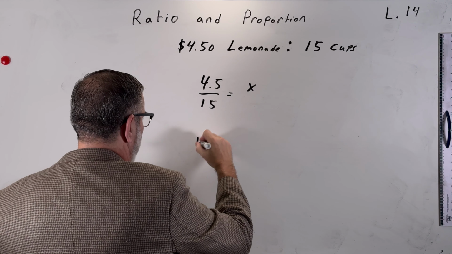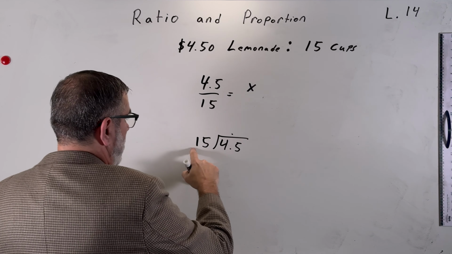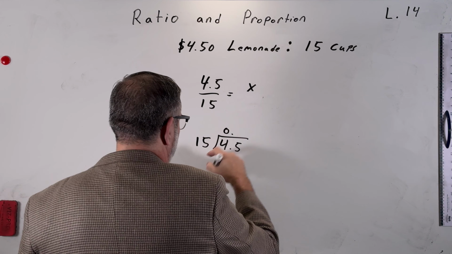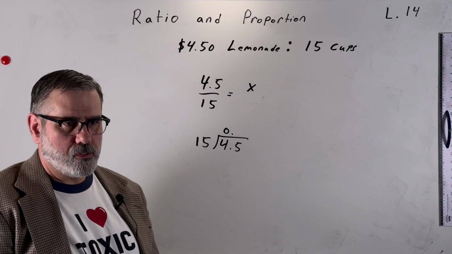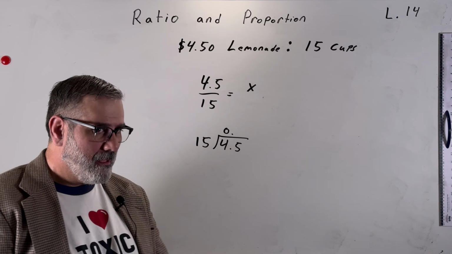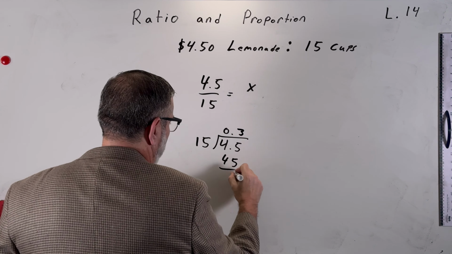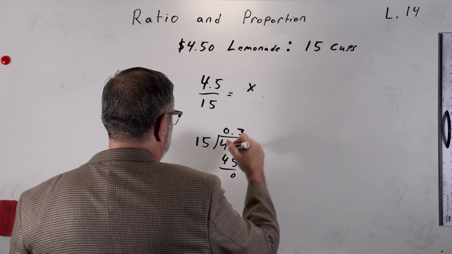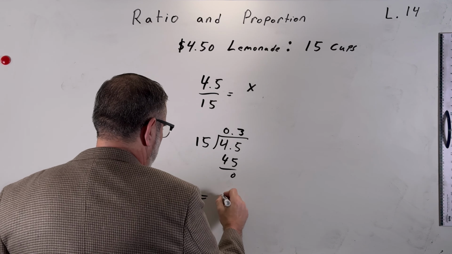So we'll have to divide 15 into 4.5. 15 goes into 4 0 times. 15 goes into 45. How many times does that go? Well, 15 times 2 is 30. 15 times 3, who can tell me 15 times 3? 45, leaving me a remainder of 0, which means that x, the cost per cup, is equal to